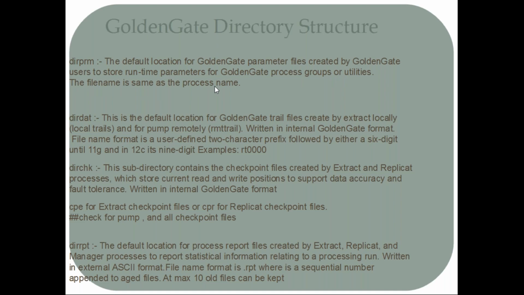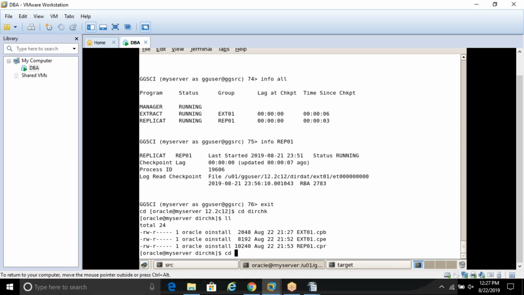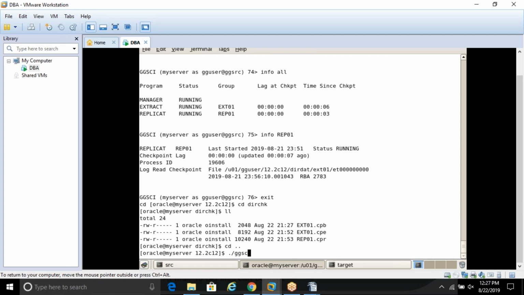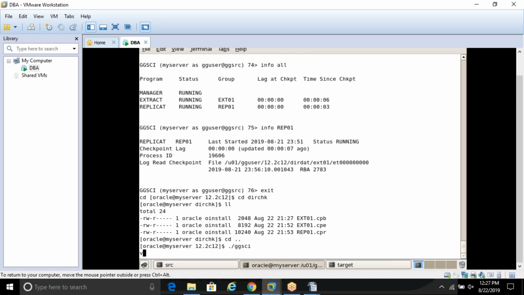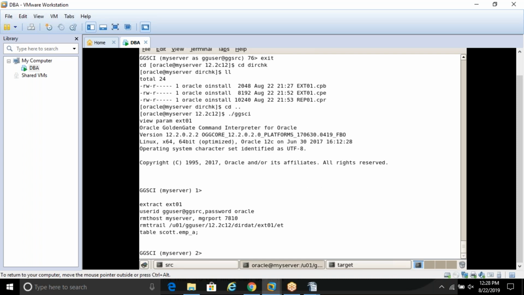So if you remember, yesterday I was doing some statements, right? Let me show you that again. Create subdirs, that was the first step to create. Then how I was editing or viewing the param files by firing view param, then process names, right? So when I do view param process, like extract name, it gave me the above. When I do view param replicat name,